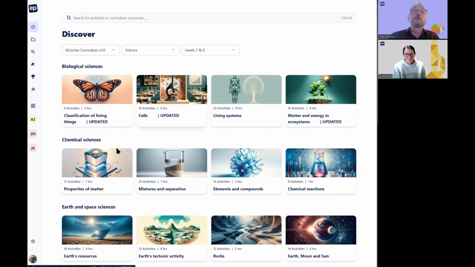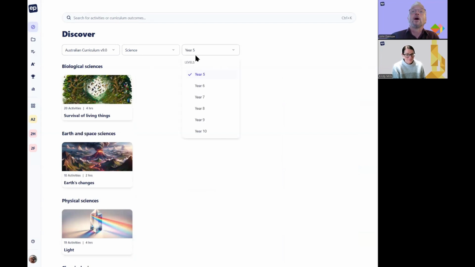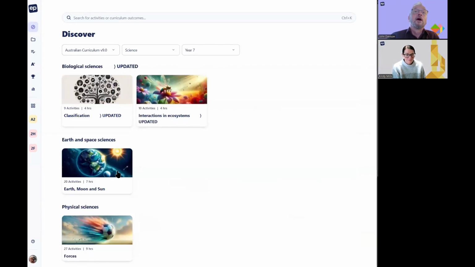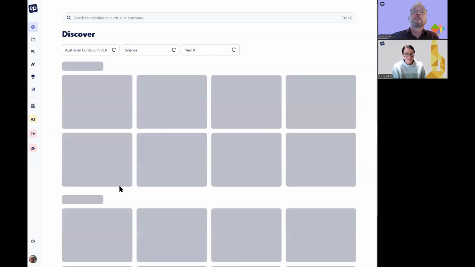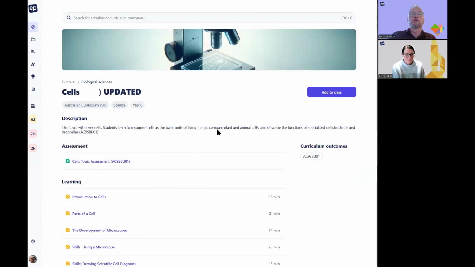As you start to look at the Australian content, whether you're looking at the Victorian curriculum or the Australian curriculum more broadly, we can start to see some of those units already showing that they have been updated as we go through the different year levels. And that means there's a number of changes to the way that teachers can use that Education Perfect content. If I just give you one or two highlights,